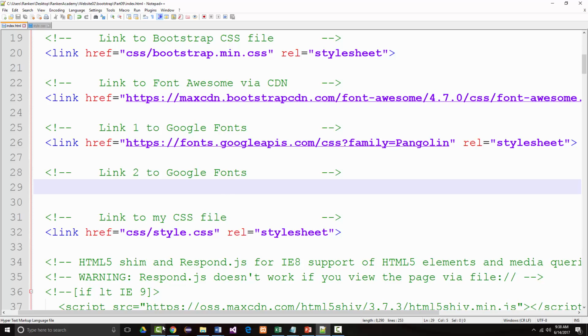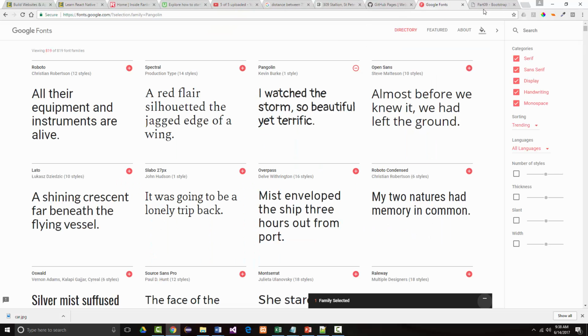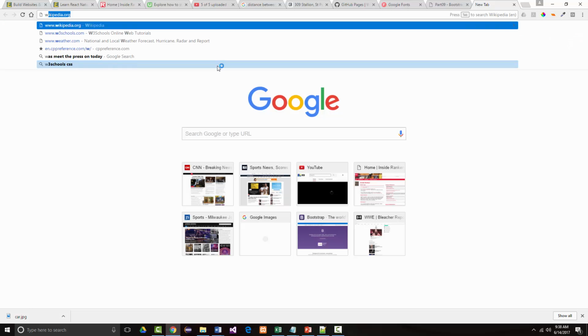so let me show you what I think is the easier way. Again, you may or may not agree with this. And I'm showing you two ways, so out of these two ways, you should pick the one that you think is easier, and you want to do that. So I just showed you the Google Fonts. But what I'm going to go through here is W3 Schools,